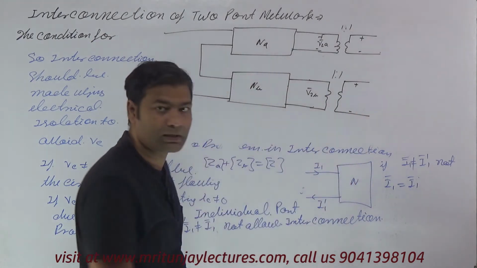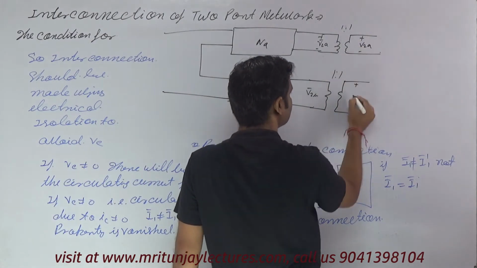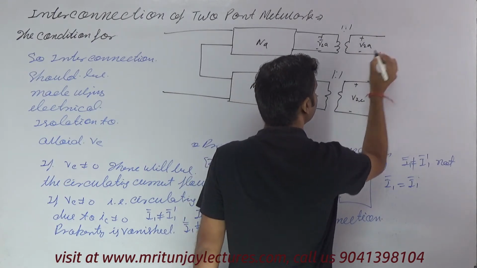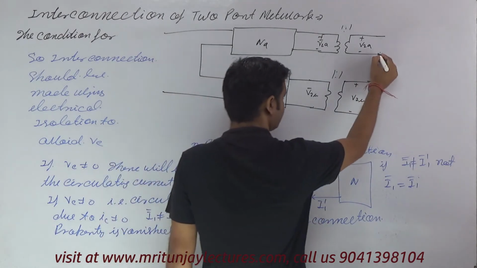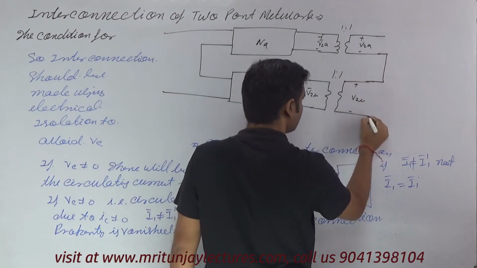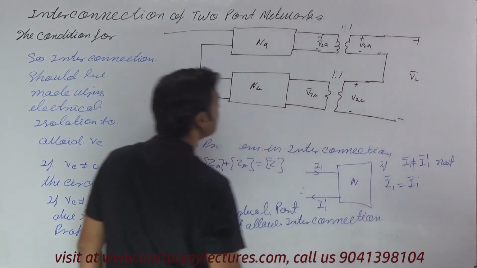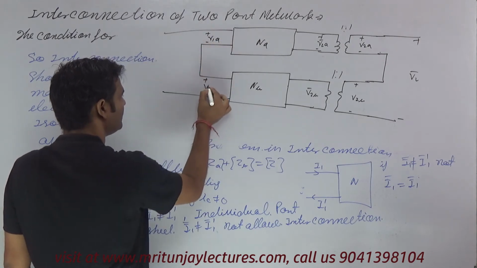Clear? If it is a 1:1 ratio, then we get corresponding to here also V2B. Now this one, that is V2, here V1A, V1B,